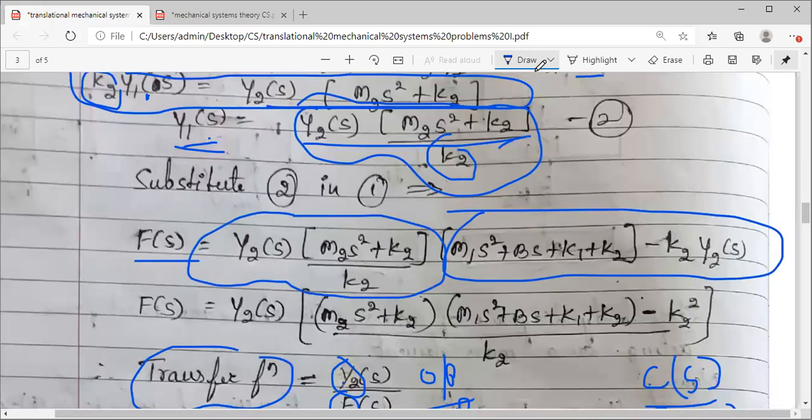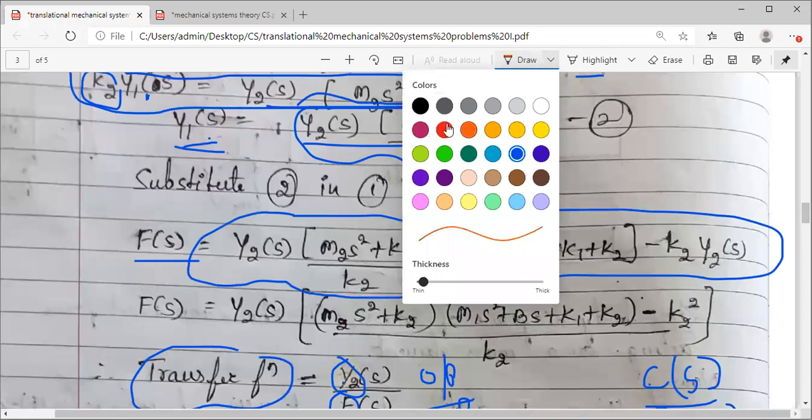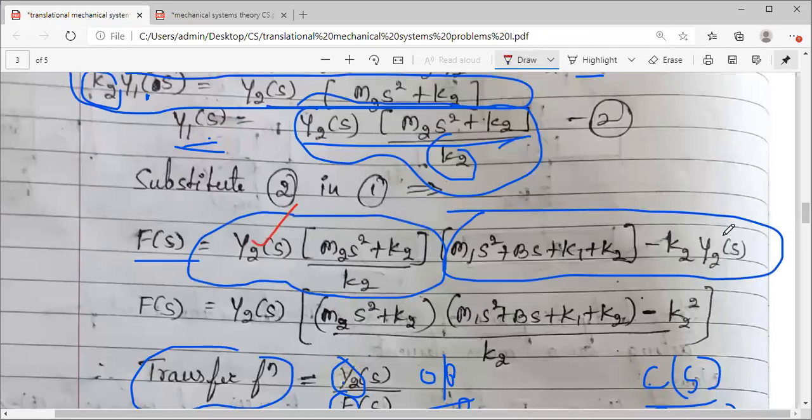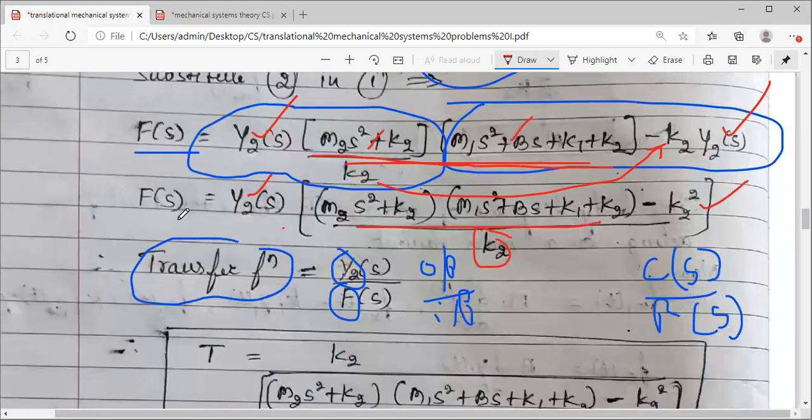Then observe here, two terms are same, y2, y2 in both. So take y2 common, you will be left with, यहाँ पर denominator अगर आपको k2 मिलेगा, first term है ये, this is your first term minus second. So take the LCM also. I will take the LCM k2. अगर LCM ले लिए तो ये multiply हो जाएगा, k2 square हो गया, and ये जो दो brackets हैं as it is, and y2. Now what is the transfer function?